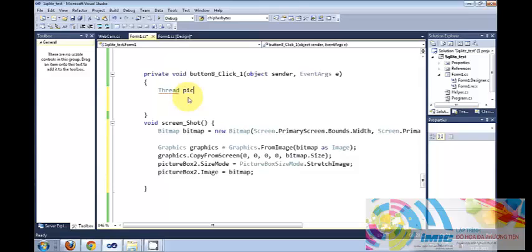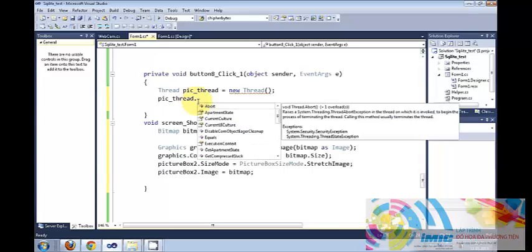I will name it pick thread is equal to new thread. Okay, and in the next line we will copy this thread variable, pickthread.start,